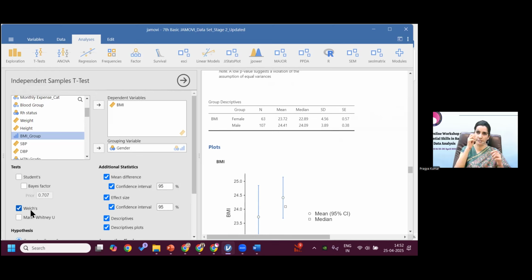Okay. Anybody, like Dr. Lokesh is asking? Okay, that too we have seen. So now I'll go to the